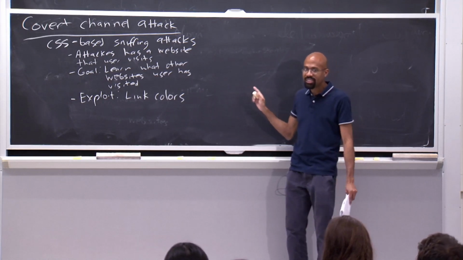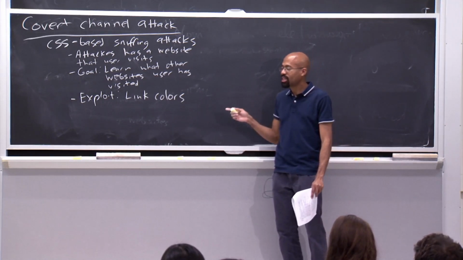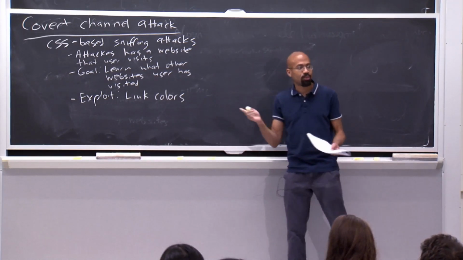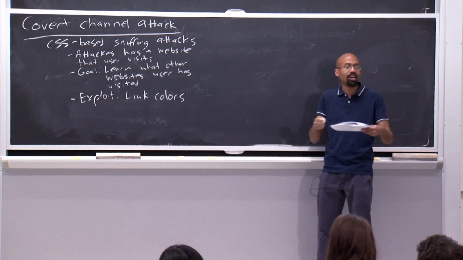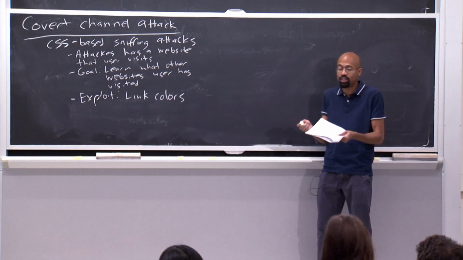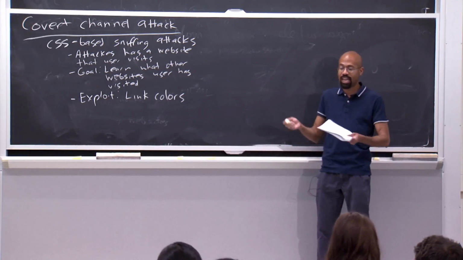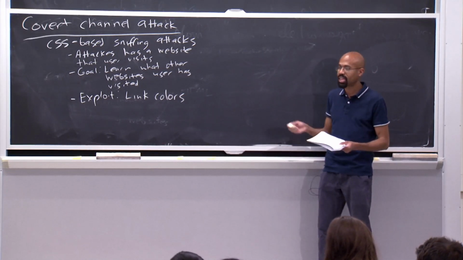So this was very subtle, right? And what's interesting about this is that you don't even have to display the URLs in many cases to the user, right? You can just sort of conjure up a DOM node that has a particular href, and then just look at its style, and then see if it has the visited color or not, right? So this is actually pretty subtle.